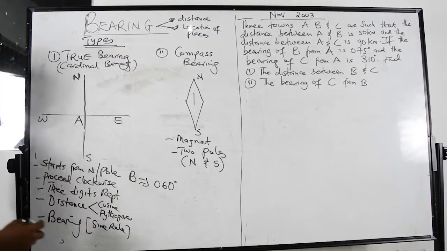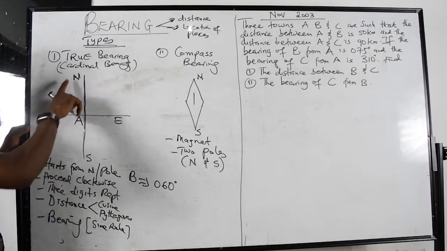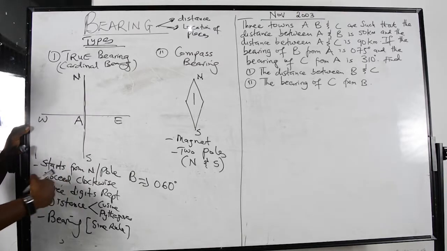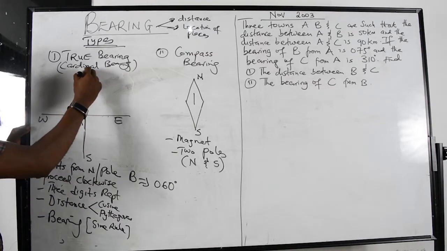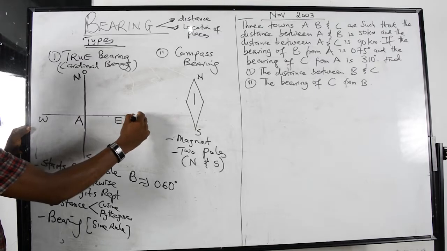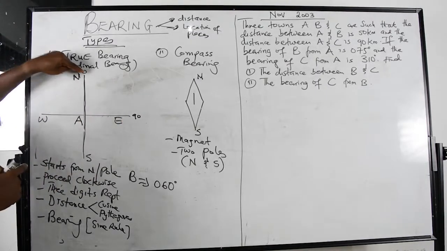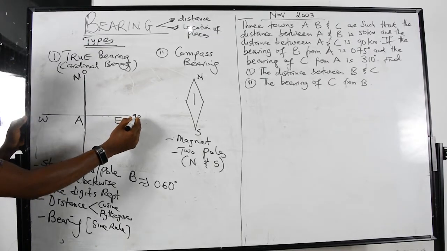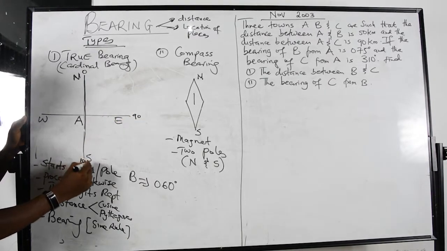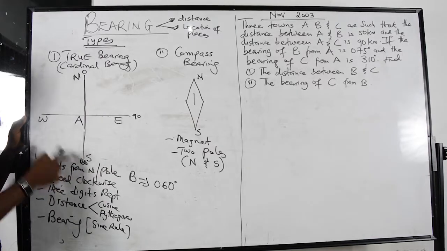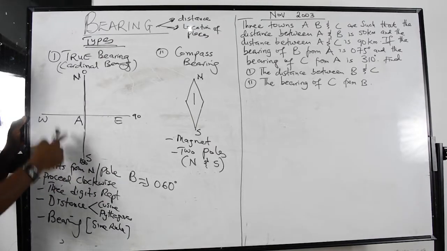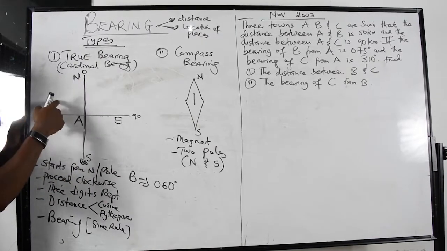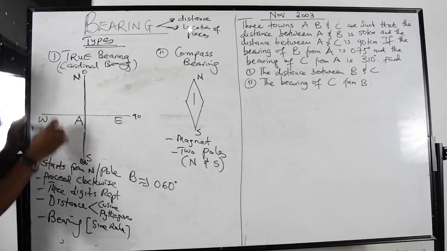So it's 3-digit representation. Now on the bearing, we go clockwise. According to our concept here, we move clockwise, and moving from this, this is 90 degrees. So all bearings between 0 and 90 are in this quadrant, and bearings from 91 to 180 are in this quadrant. From 181 to 270, they are in this quadrant. From 270 to 360, they are in this quadrant. So we have quadrants 1, 2, 3 in this form.